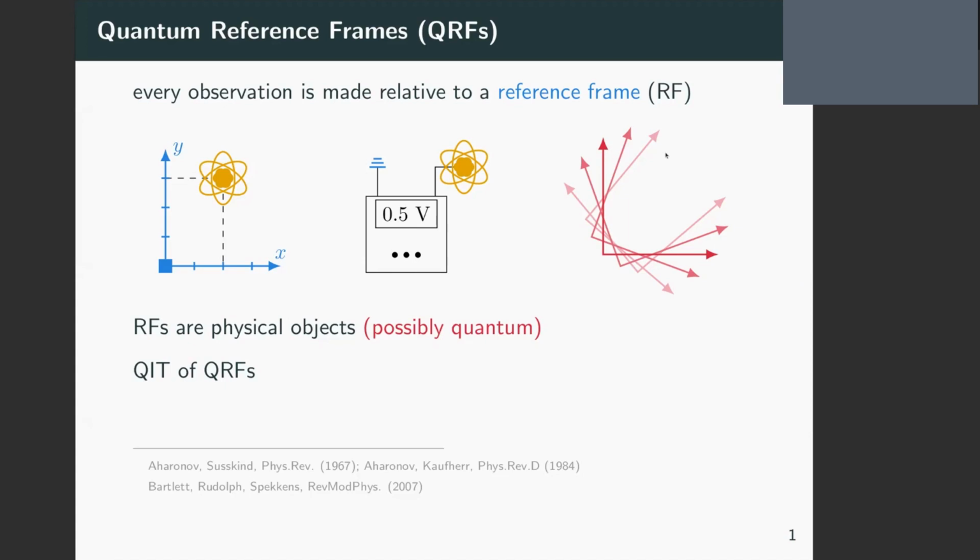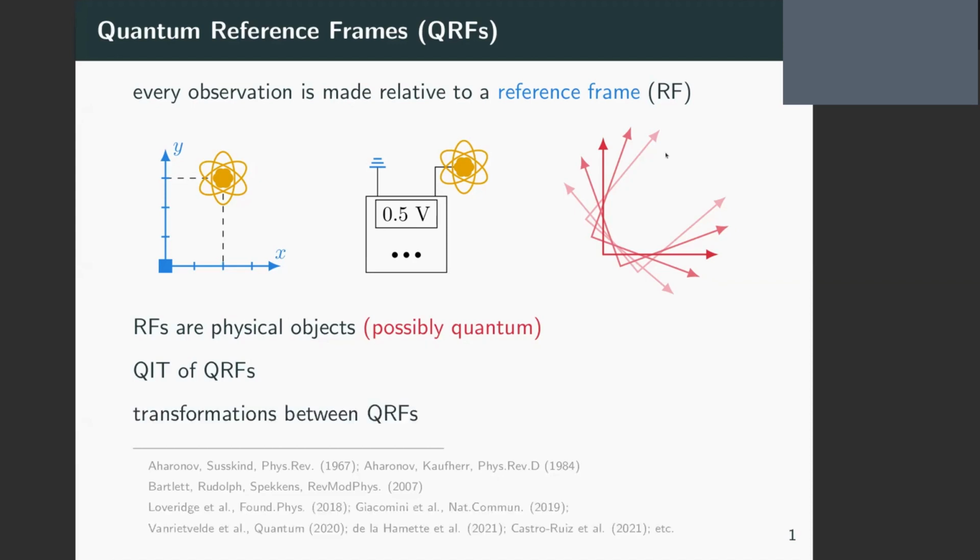Also, another aspect of reference frames that is very well known is that different observers might have different reference frames. And so we might be interested in taking the view of one observer and asking, what does another observer see? And so we need a way of transforming between the reference frames. And classically, for example, you do this in relativity all the time. But now with quantum reference frames, we can ask whether this is also possible. And it turns out yes, and there is also a very extensive body of research about this.